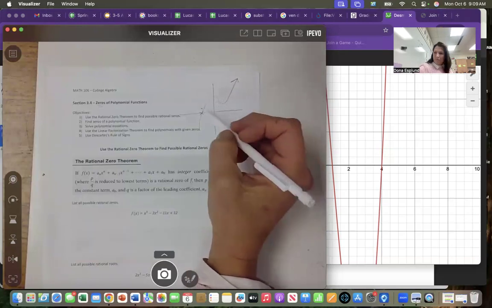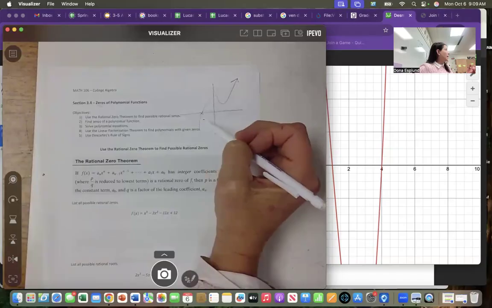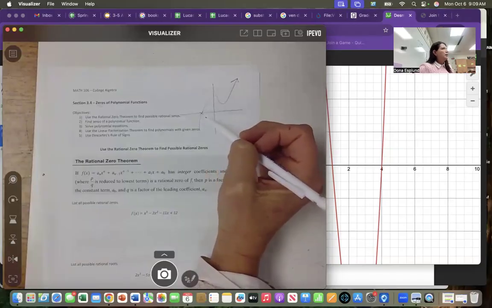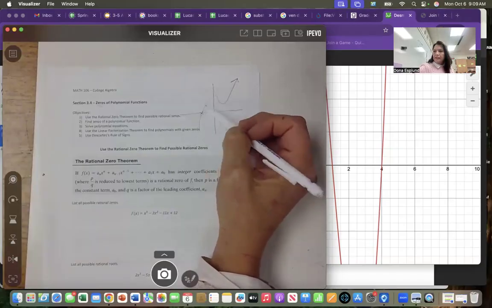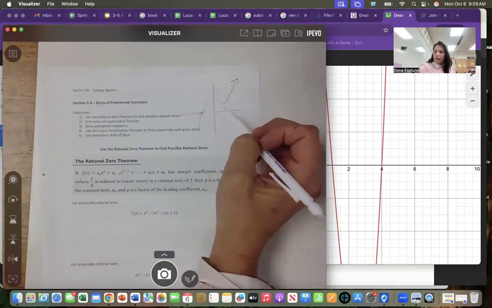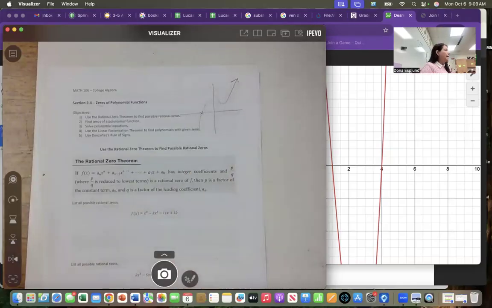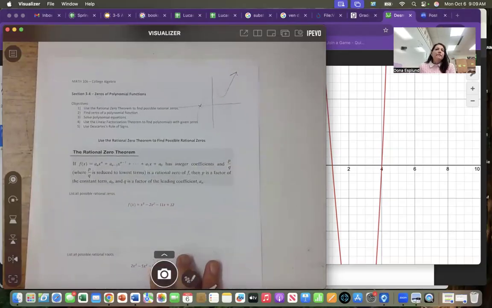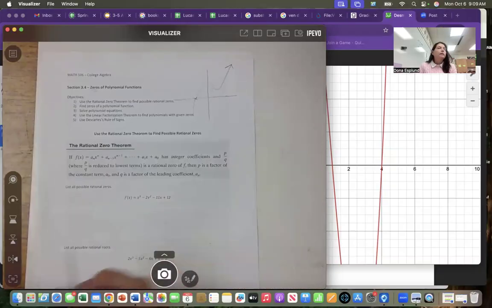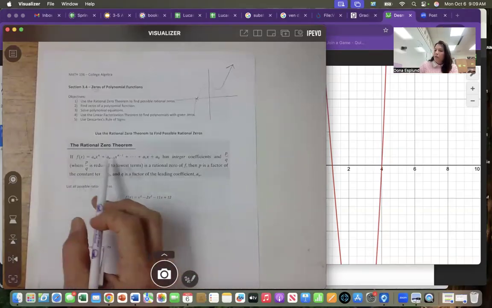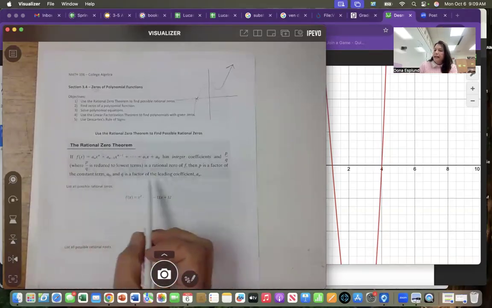Now I could have them; we've had several where you're going to have 3 roots. But remember, when you have like an x to the fifth, or an x to the third, you're going to have at most 3 different roots. And so what they found was a way that we could eliminate a lot of different possibilities from infinity. And so if I look at the rational root theorem, what it states is that if you have a polynomial,